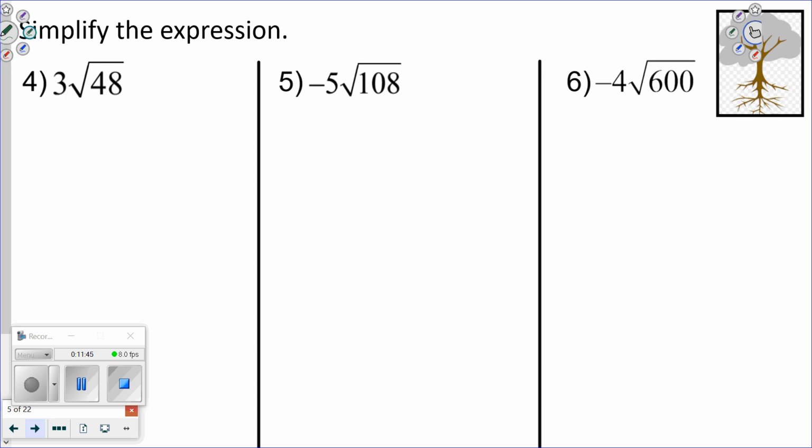Number 4, there's a number out in front. What is that? That's the other couple you're double dating with. They're already at the restaurant. They're waiting for you to get there. Okay? They're already outside. So when I'm simplifying radical 48, do I need to worry about this when I make